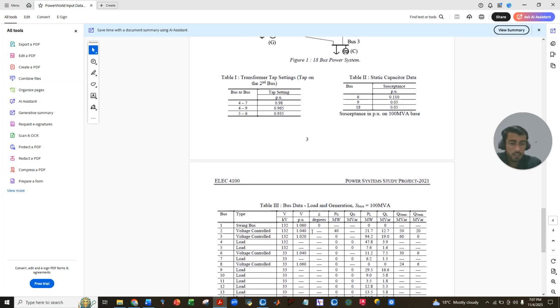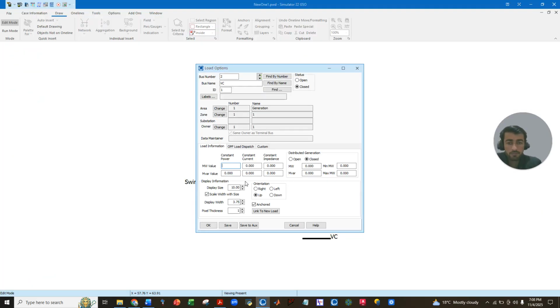So at this bus the 21.7 and 12.7 is the connected load. 21.7 megawatt and megavar is 12.7. So what is the orientation of the load? It's towards downside,